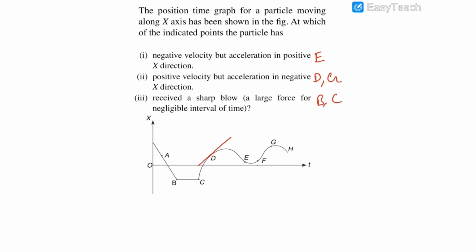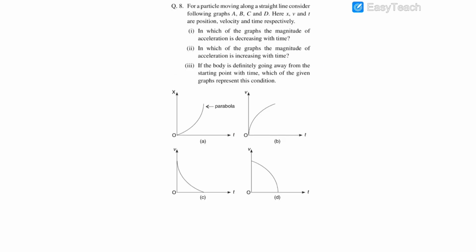Okay, now we move on to the next question. In this question you can see that there is a particle which is moving on a straight line under the effect of these four graphs. This x, v and t represents the position, velocity and the time of the particle, and we have to choose the correct graph for the three questions. So in first question it is